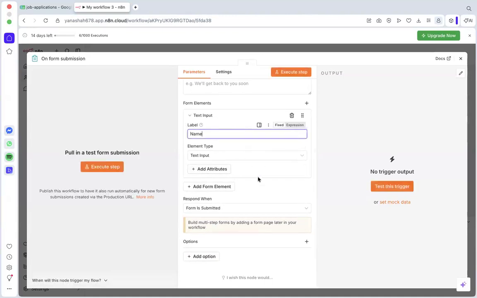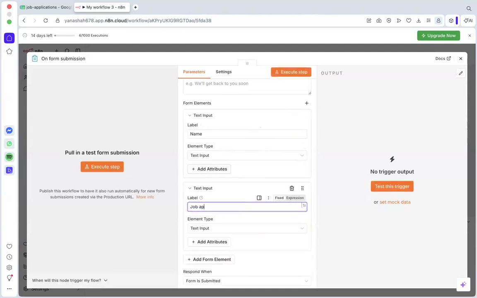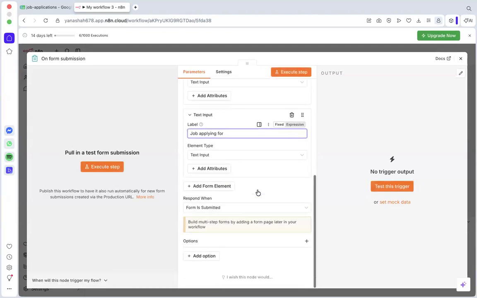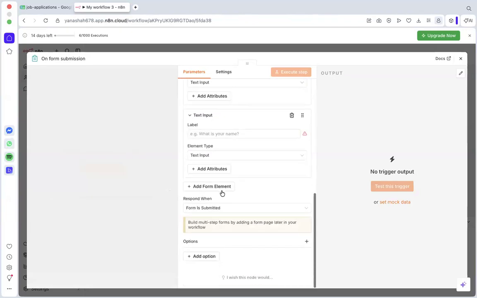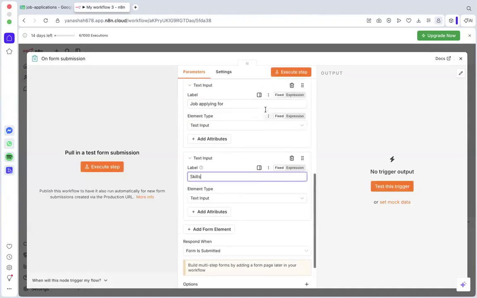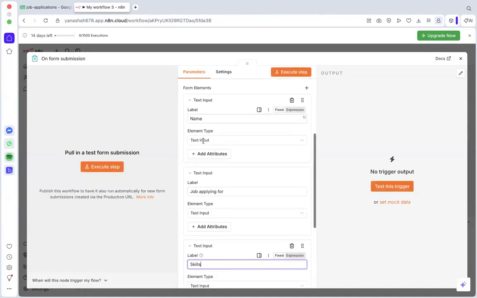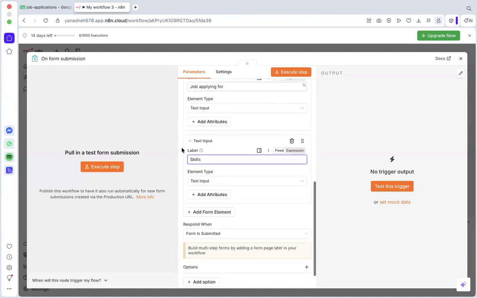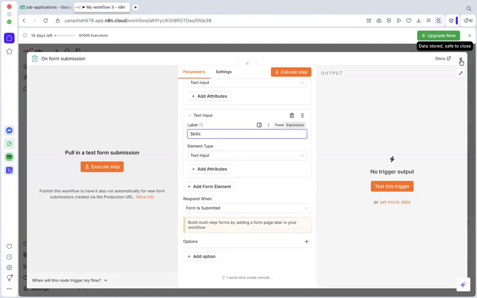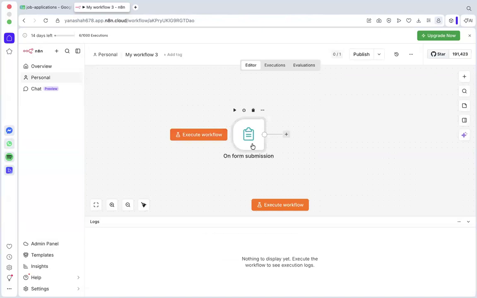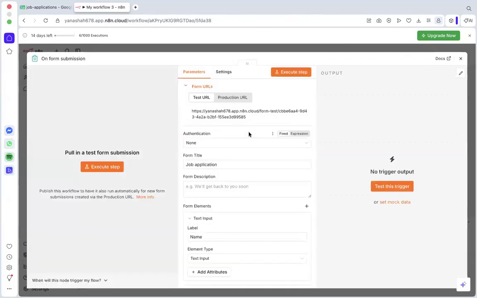Let's keep a very small number of fields. You can just add a form element and then make the questions on the form. For now, I'm just doing 3 things. We'll take the name of the applicant, the job they're applying for, and then the skills. That's it. And then that got saved. So if I go to this test URL,